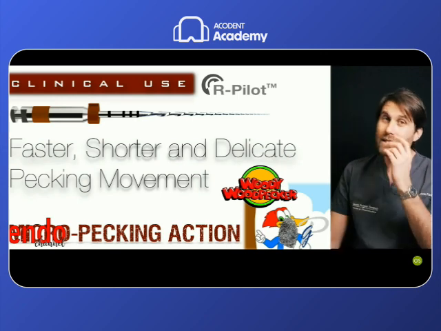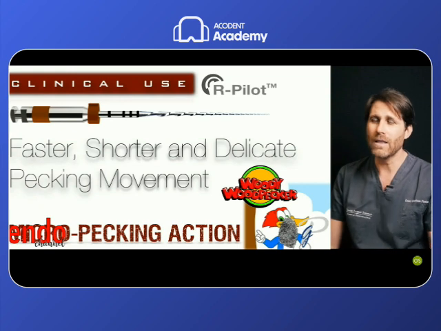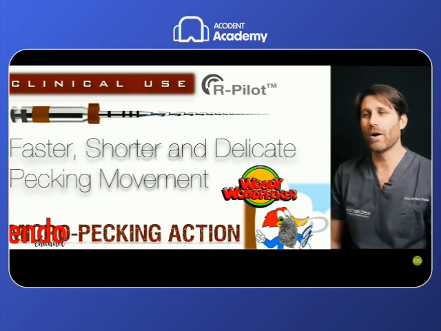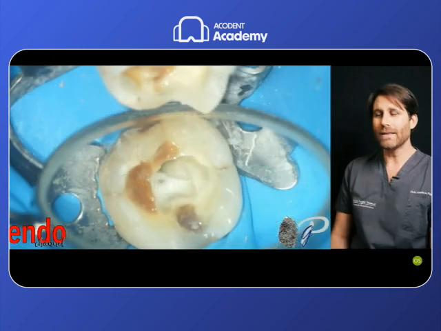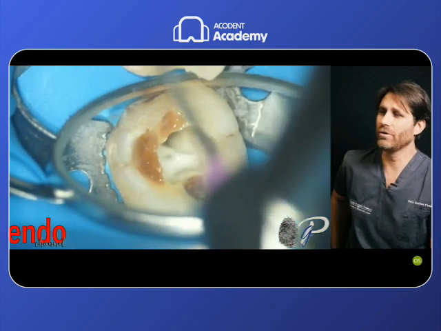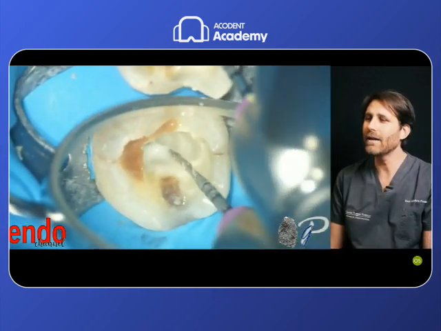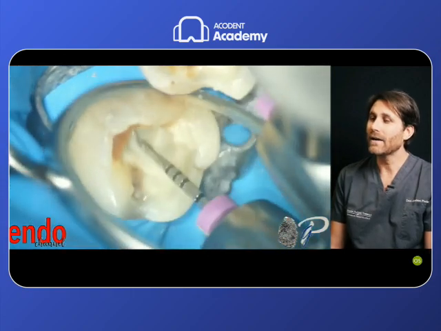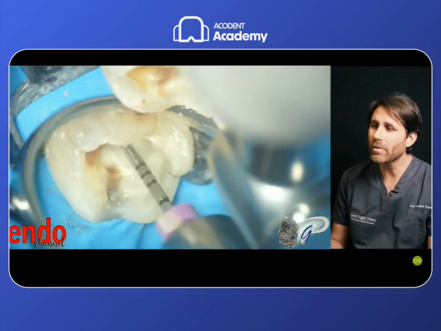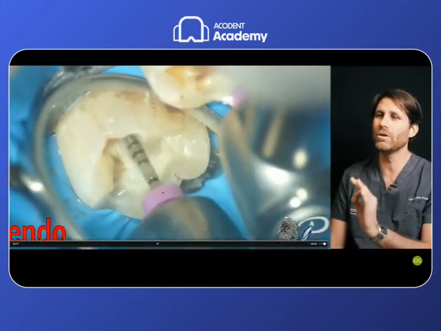That means that in this case, where we have not scouted the root canal with hand files before, we need to adapt our hand movement a little bit. And this is the movement that we like to perform in this case. We insert the file inside the root canal, not in reciprocation, and then we reach the point at which it may bind, and we start the motor movement. As soon as we start the motor, we perform this up and down, short and fast movement, just pushing a bit on the tip of the file.